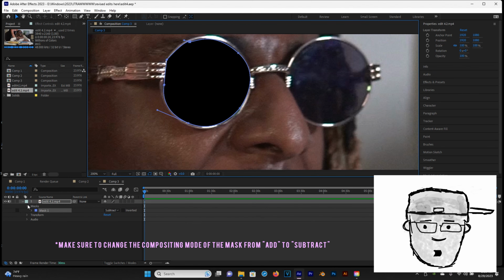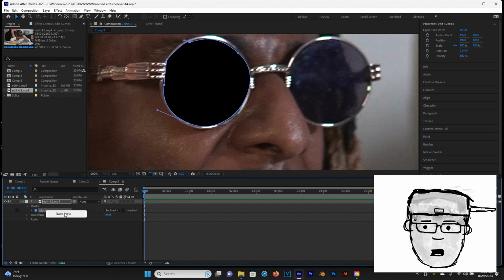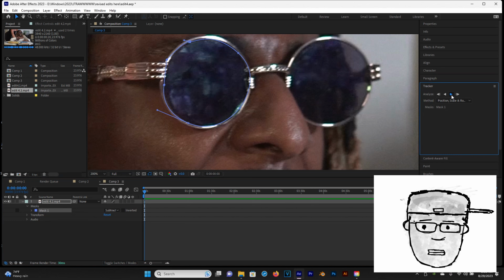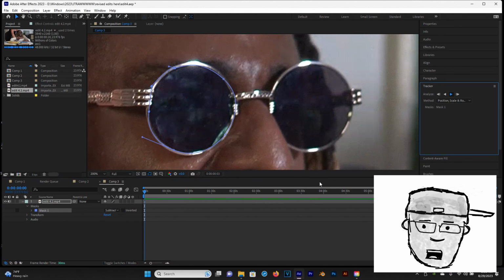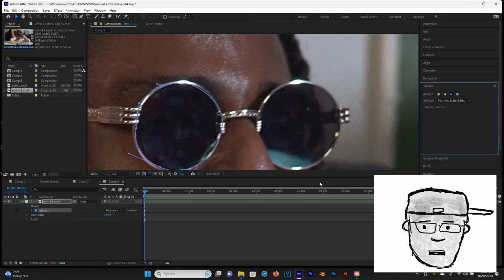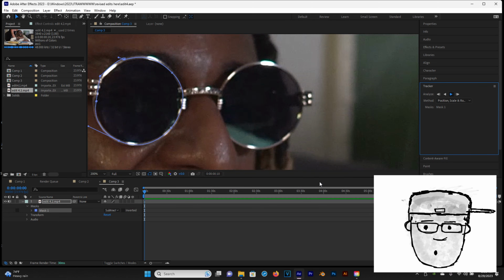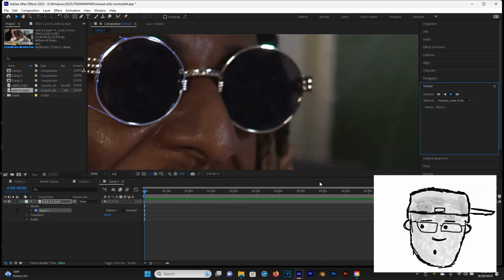Now after you're done with your first mask, what you want to do is right click on the first mask and then click track mask. After hitting track mask, another pop-up window should pop up with the play head with the last frame and the next frame in it. What you want to do is click the play head. This usually works for clips that don't have too much movement. So if you have a lot of movement in a sunglass clip, it may be harder to track the mask,